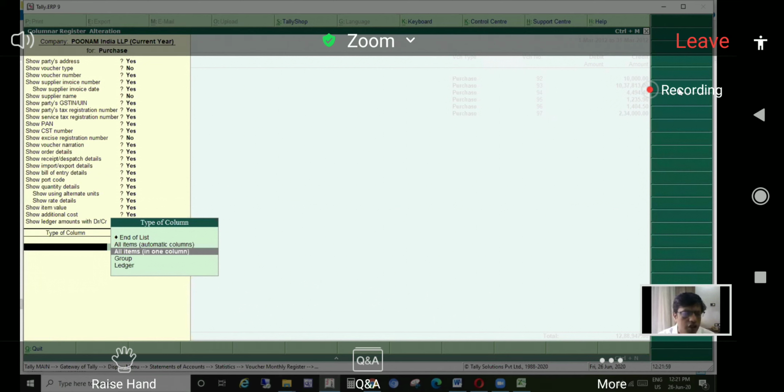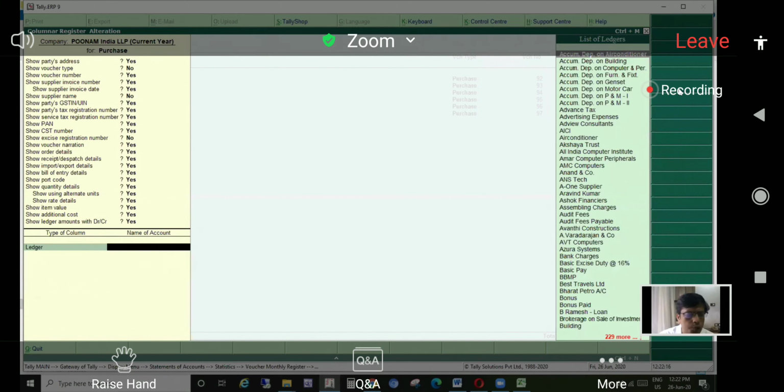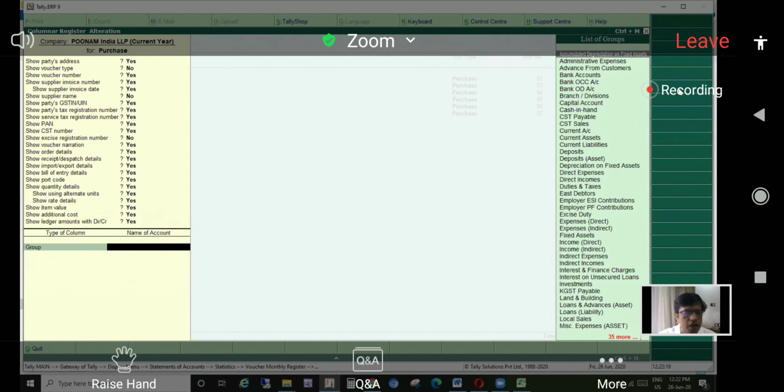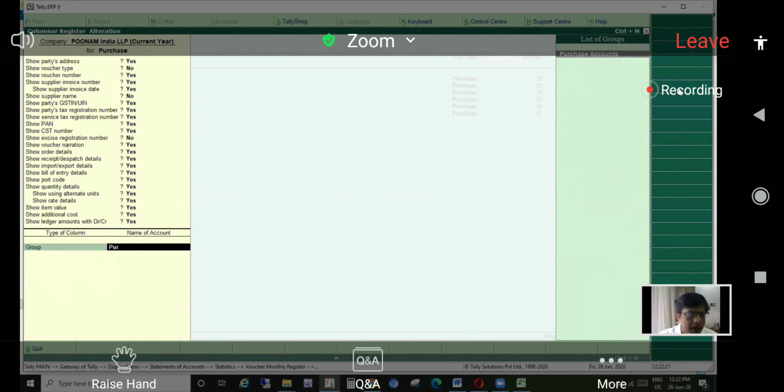What is this? If you want to see items of specific ledgers only, or suppose only purchase ledgers, you don't want to see those which, although the purchase register might have used them, have been used for expenses also. So here you can select only ledgers belonging to purchase accounts group. I want those ledgers only, and all others in one column.